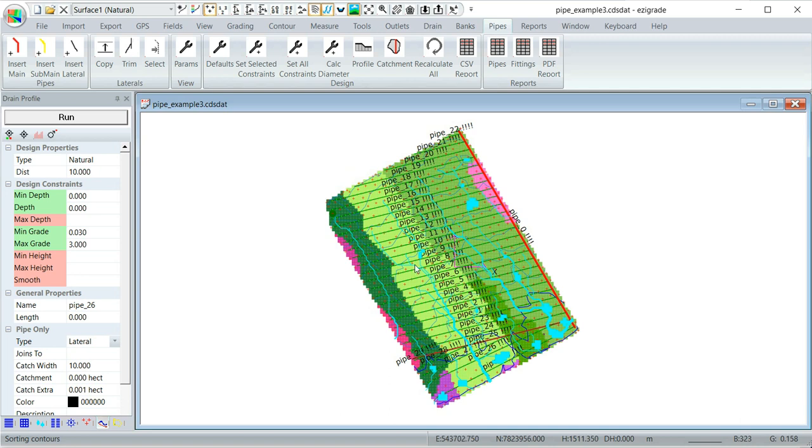All right. So what do we want to do next? Okay, so we've got the plan view of our pipes. Now we want to do the vertical design. Easy Grade's got all the routines that do this, so we've got to set some appropriate constraints. Now under the pipes menu, if you look at defaults,